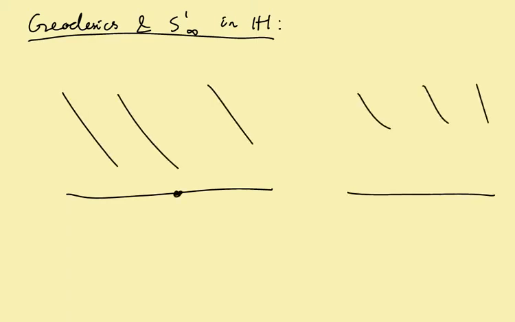One of them is if I take a point here and I take infinity. Well, in that case you can immediately guess that the geodesic in question is the vertical line. So this is the vertical line. And now if I have on the other hand a pair of points both on the real line, then what you get is that the green line here is intersecting this at 90 degrees.